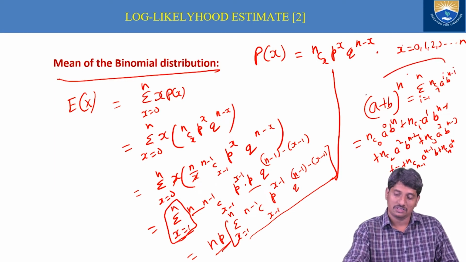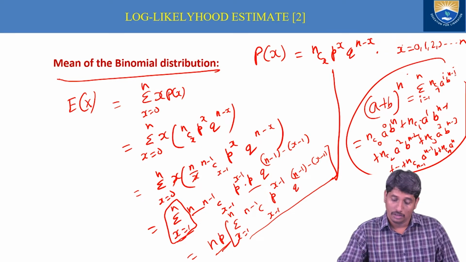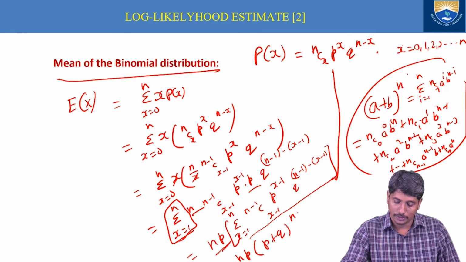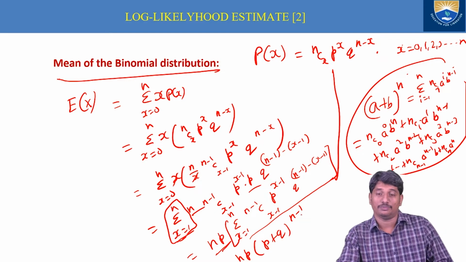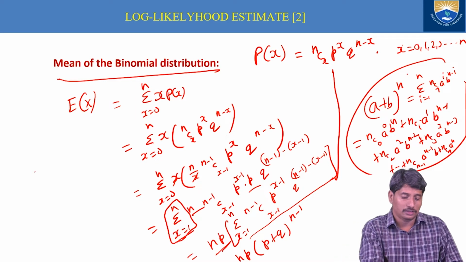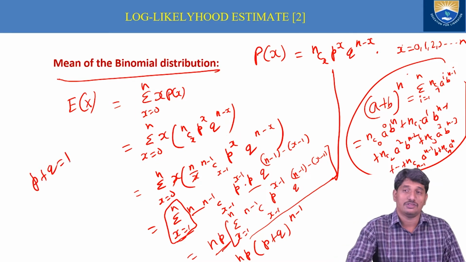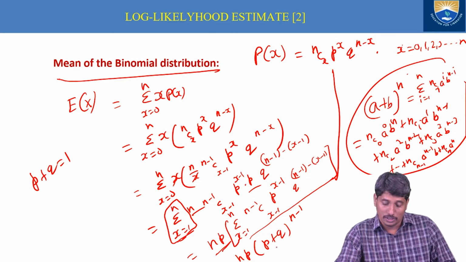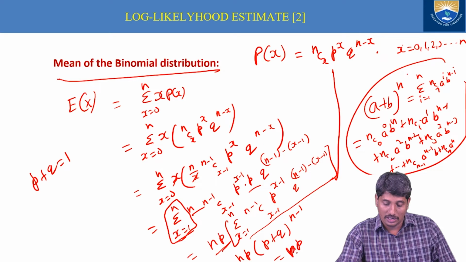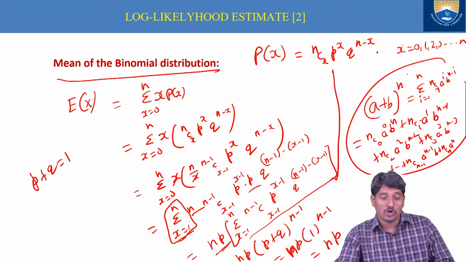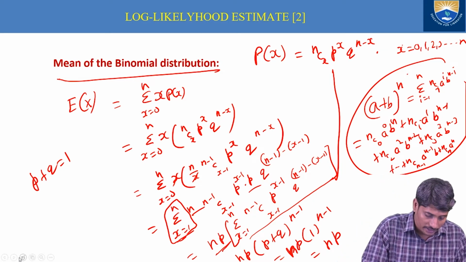By keeping this in mind, we can understand this as np into p plus q whole power n minus 1. Then you know that the success and failure together give us 1. So p plus q becomes 1, that is np into 1 power n minus 1, that is equal to np. So finally what we have observed is that